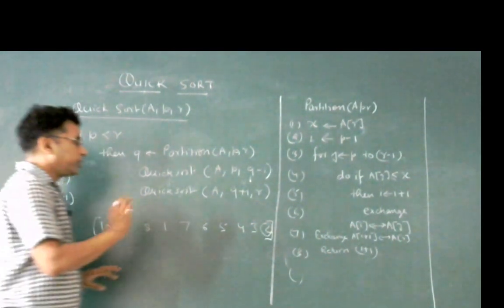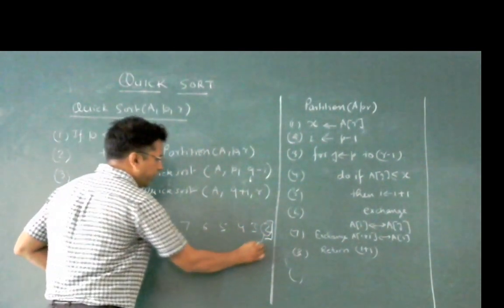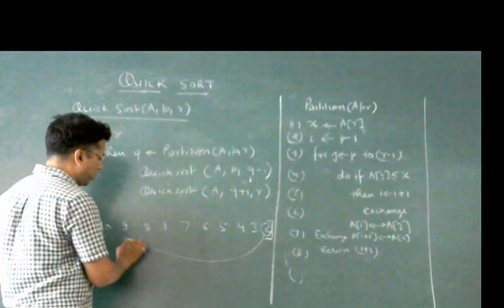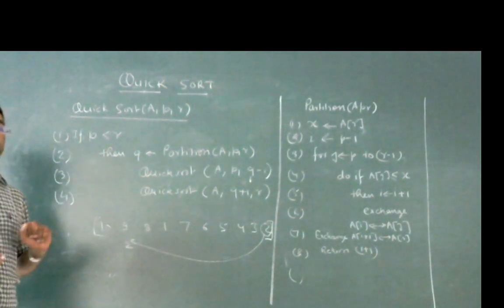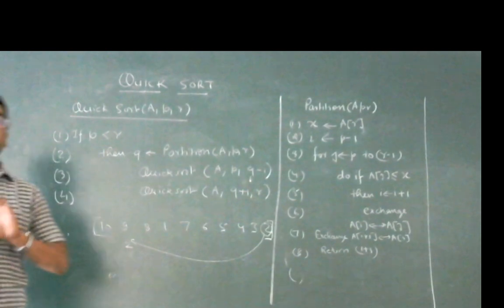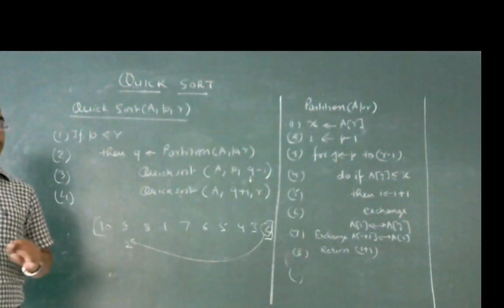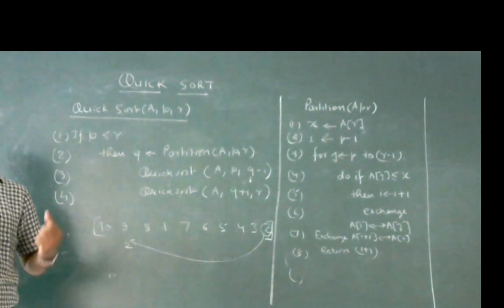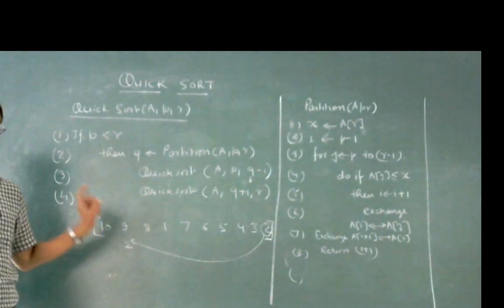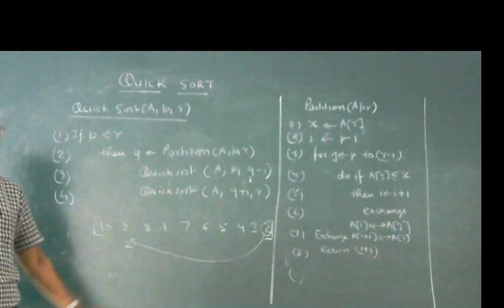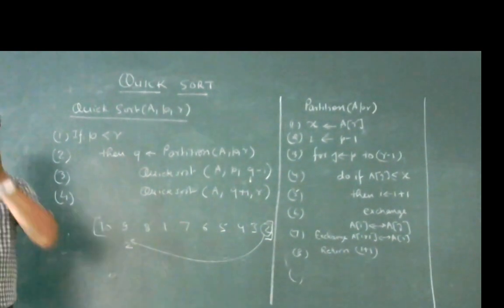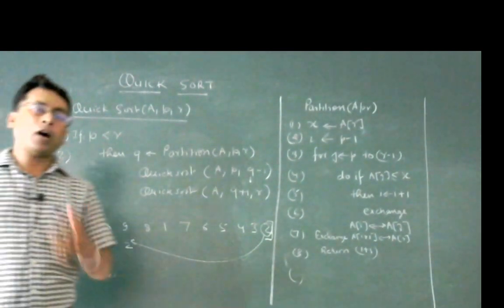In this technique you will finally find out that this number should come at the second position, and the rest of the numbers will not be in sorted order. It is a very strange thing that without sorting the whole array, you can finally locate an individual number in the sequence. So how is it done?